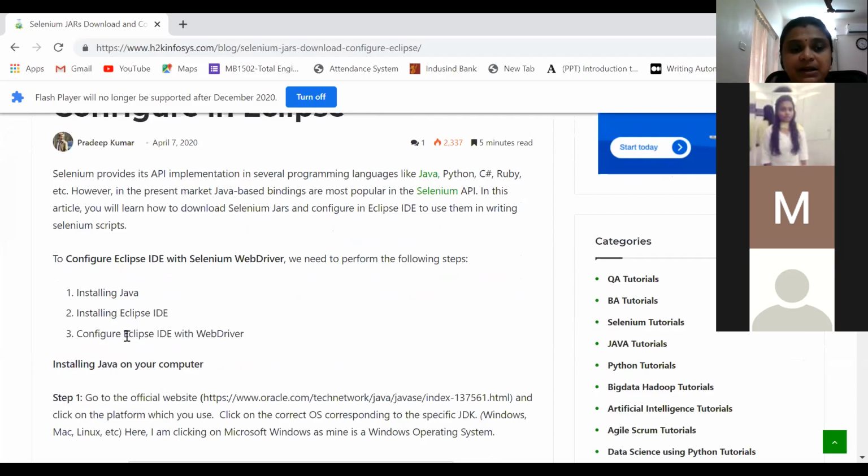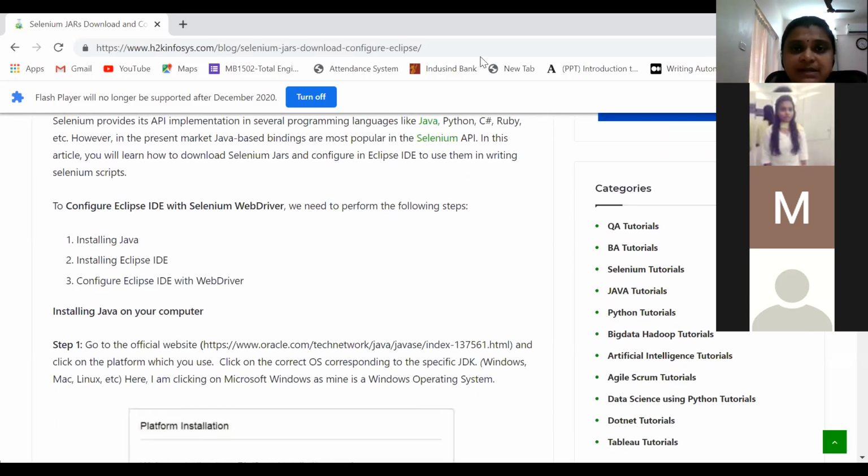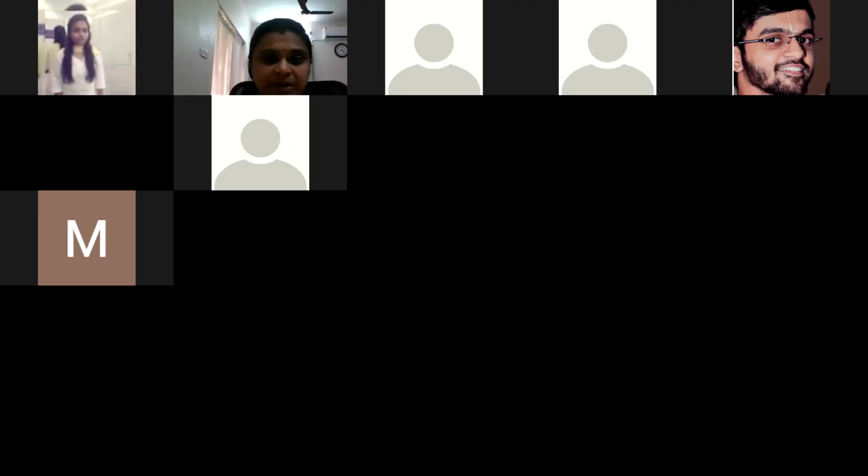And then this is important. We have to configure Eclipse with Selenium's WebDriver. For us to understand all this, a quick introduction on the components of Selenium, then we'll open Eclipse and see how this is integrated and how it works.